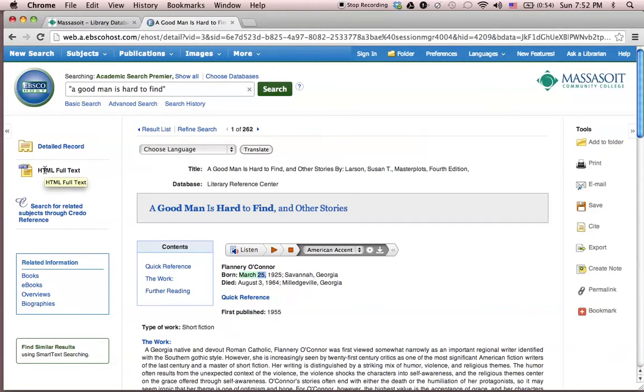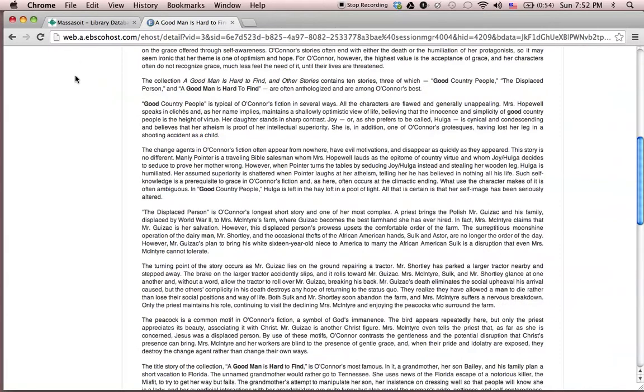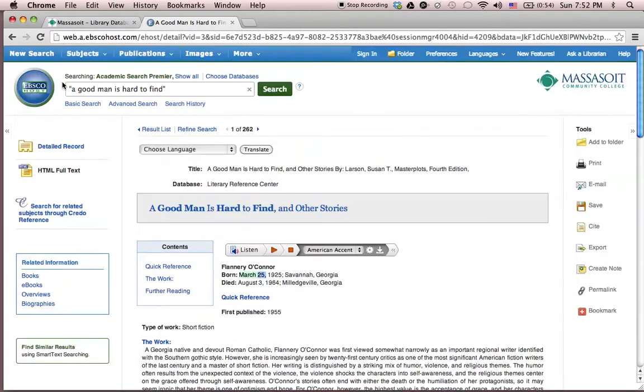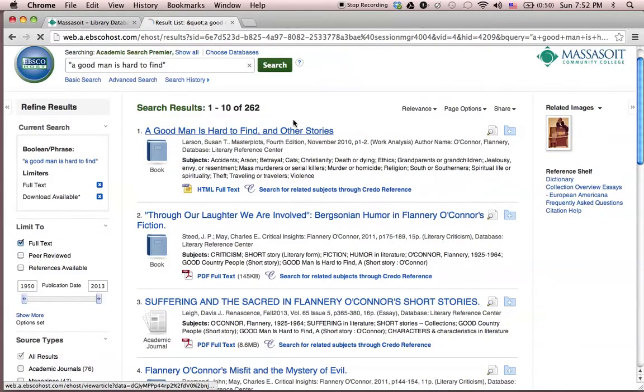Okay, so this is not the best reference because it tells you about a book, but it doesn't give you the actual book. So what we're going to do is go back to result list. Womp womp. This is the real life of doing research. Sometimes you'll click on something and be excited about it, but then the whole thing isn't actually there. So